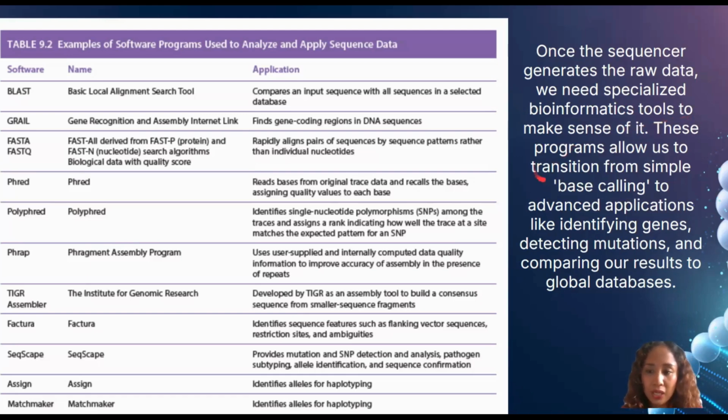This program allows us to transition from simple base calling, where they were manually calling out the nucleotides, to advanced applications like identifying genes, detecting mutations, and comparing our results to global databases. Okay, so molecular DNA sequencing has so many applications. It's used in medicine for identifying polymorphisms. When we say polymorphisms, there's a